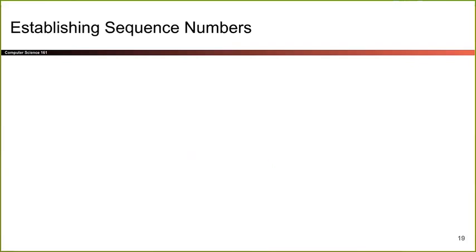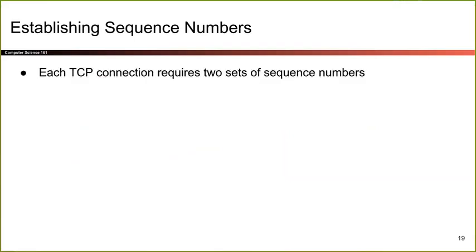Okay, now going back to sequence numbers, I guess this lecture kind of jumps back and forth, but that's okay. So we talked about sequence numbers for keeping things in order. And to do so, we need two sets of sequence numbers. The reason why we need two sets is because TCP is bi-directional. It's not like it's only me sending packets to you, or only the other person sending packets to me. We're going to be actively talking to each other, right?